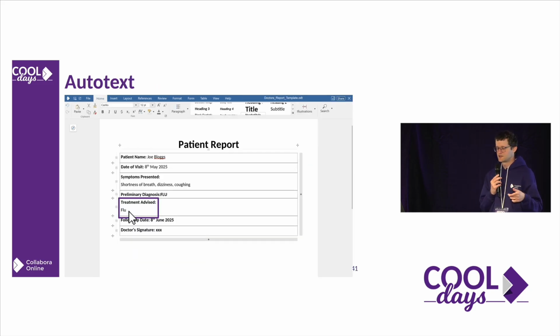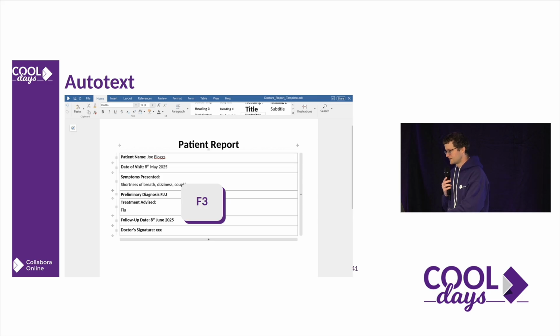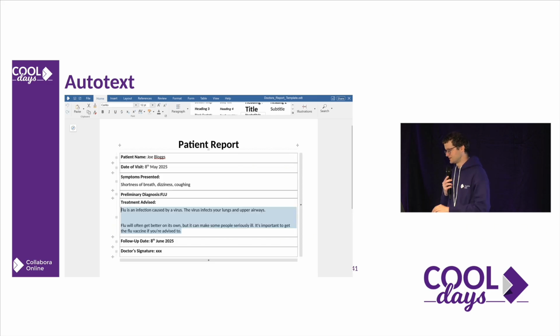Similar to custom dictionaries, predefined auto text is also possible there. So you type some acronym, or imagine you are a doctor and you type some short, one-word identifiers for a disease, and you type flu, then you press F3, and it gets expanded to something,